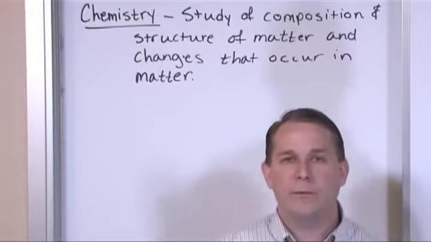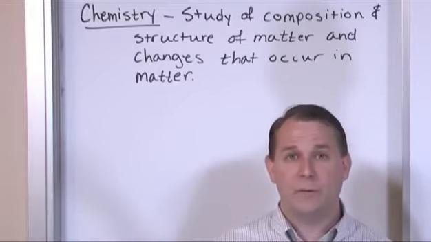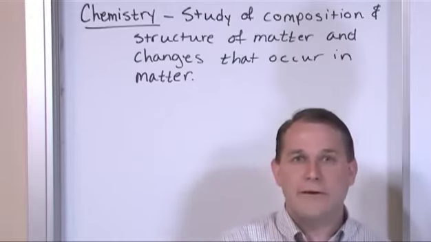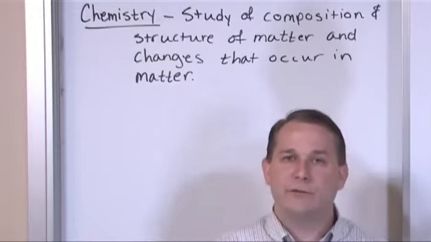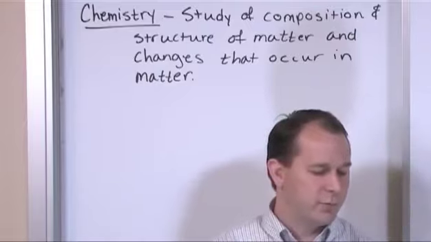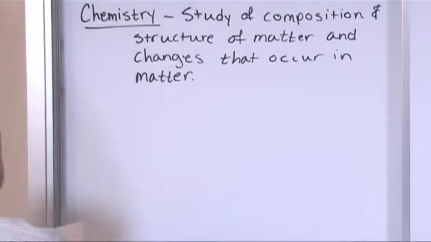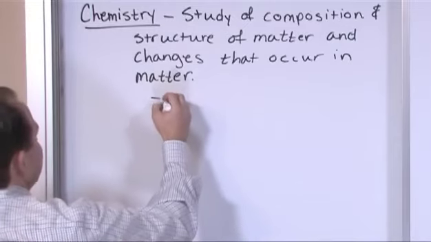How do we know what's going to be formed and how much of it will be formed if we put different amounts of chemicals together? How much of the stuff is going to come out the other end? That's really what we're trying to do in chemistry. It's one of the most important things. So I'm giving you a couple of examples, but if I had to give you a couple of additional examples,